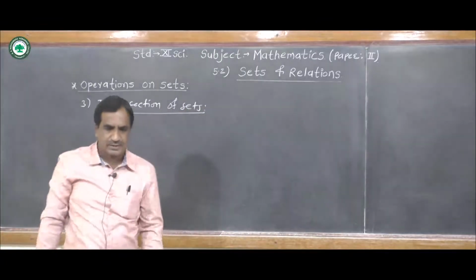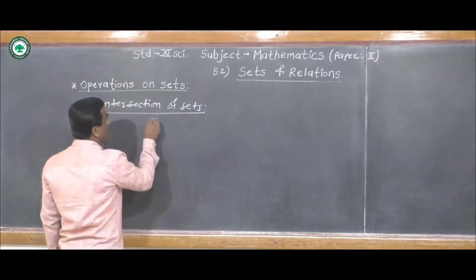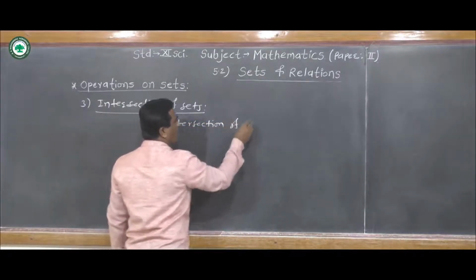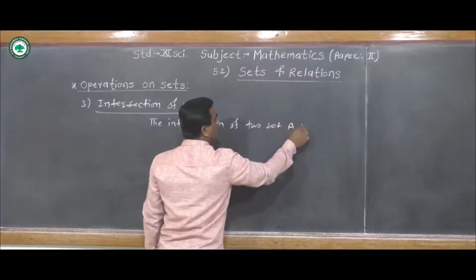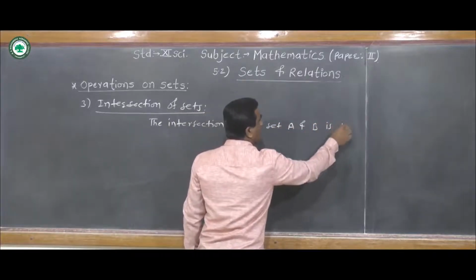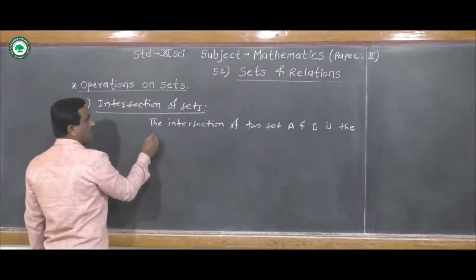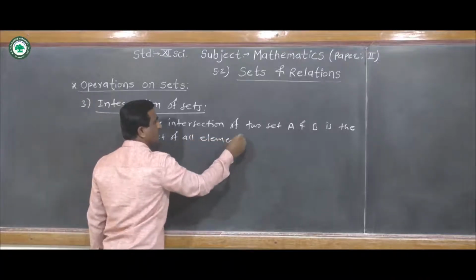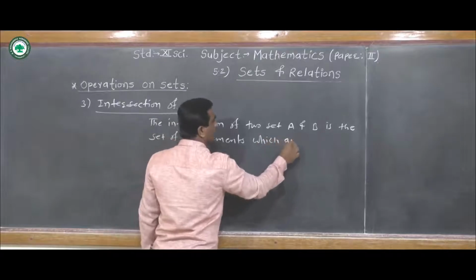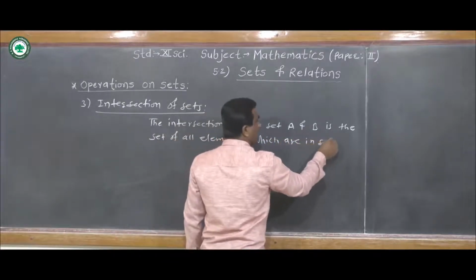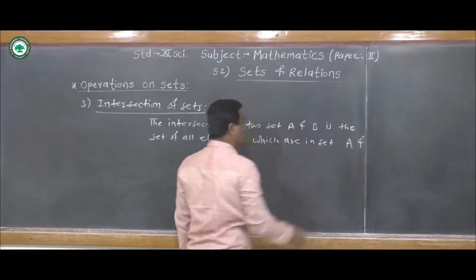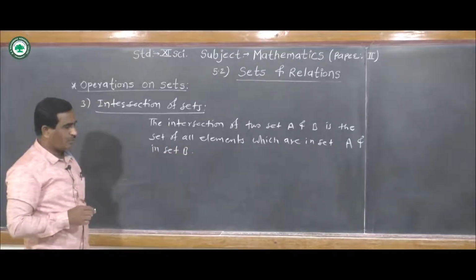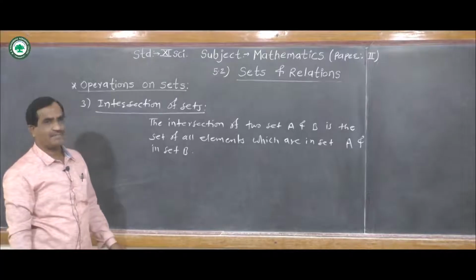Now the intersection of two sets definition is the intersection of two sets A and B is the set of all elements which are in set A and in set B. That is, those elements which belong to both sets, set A and set B,